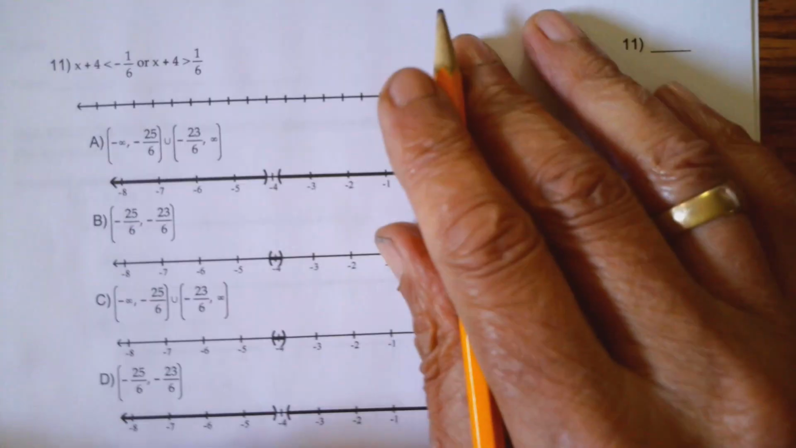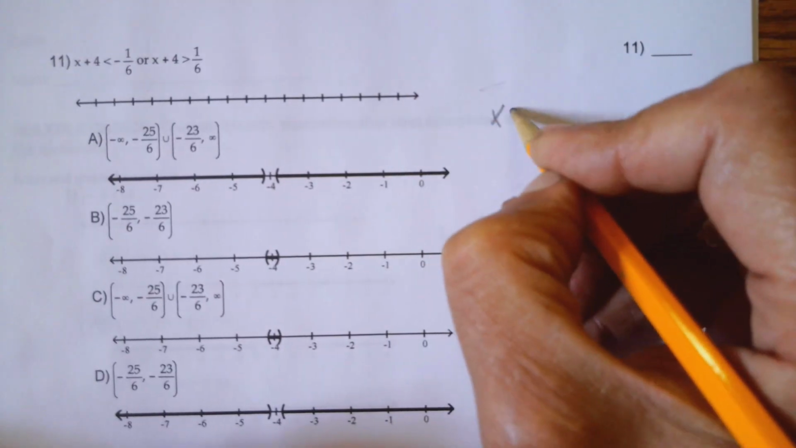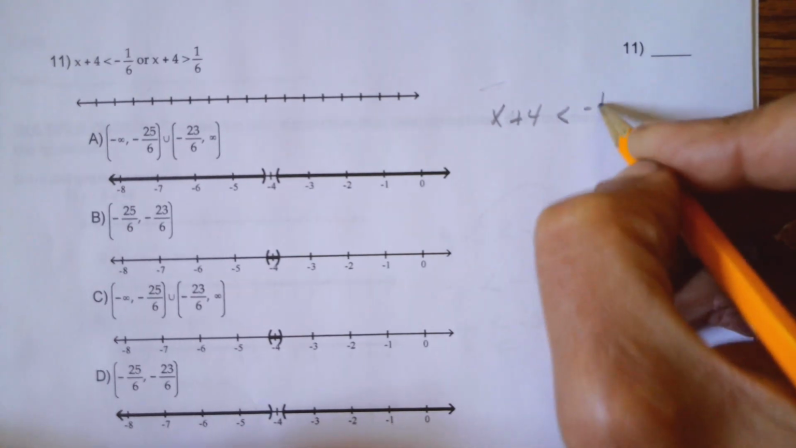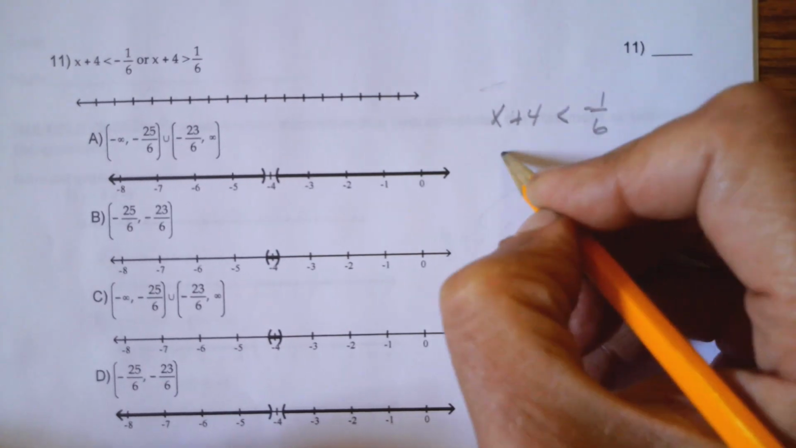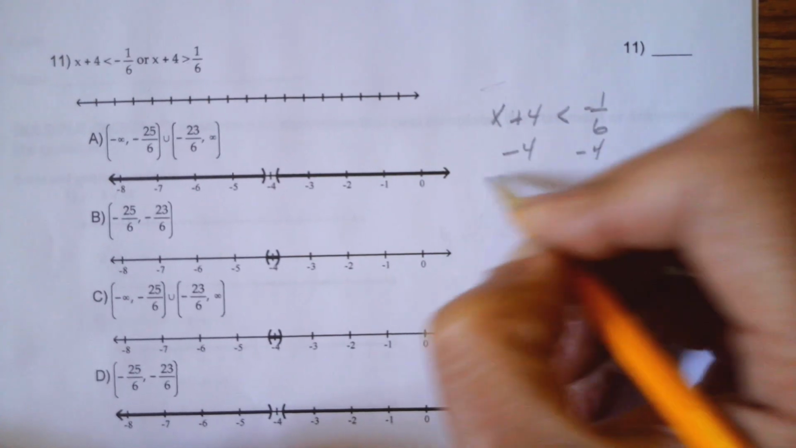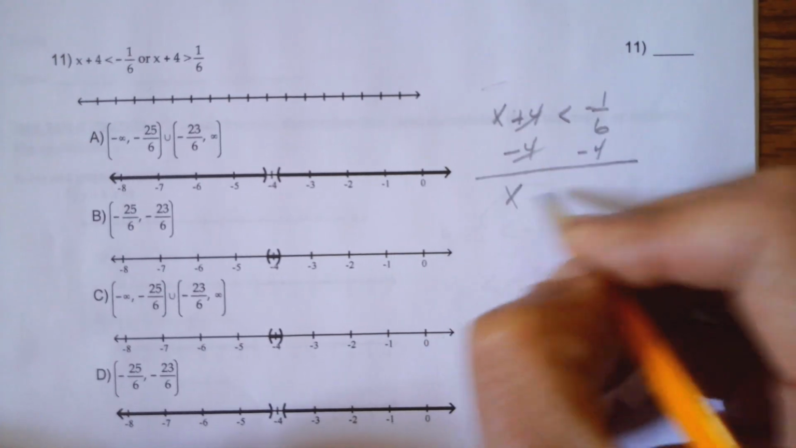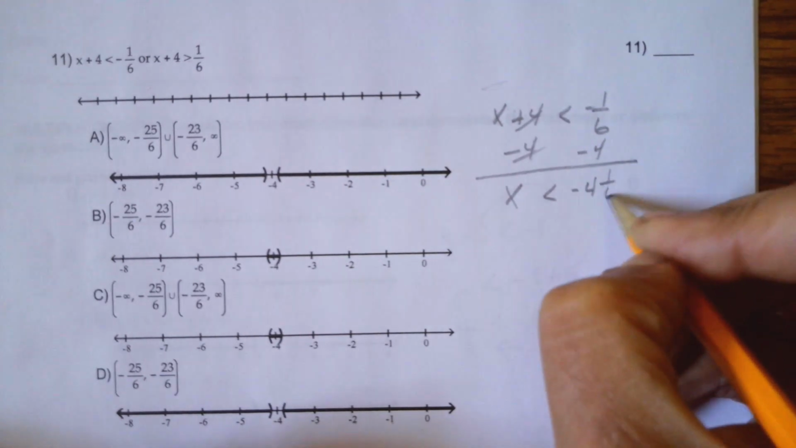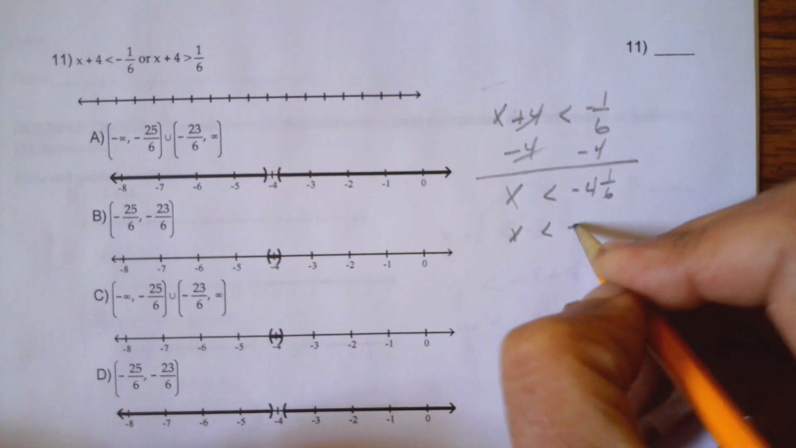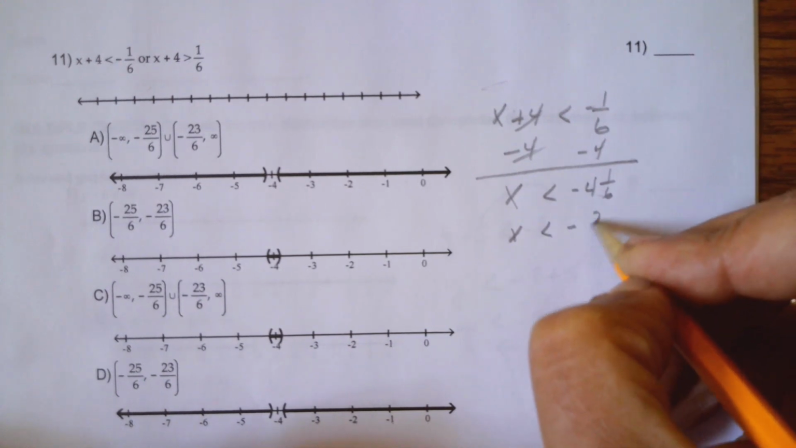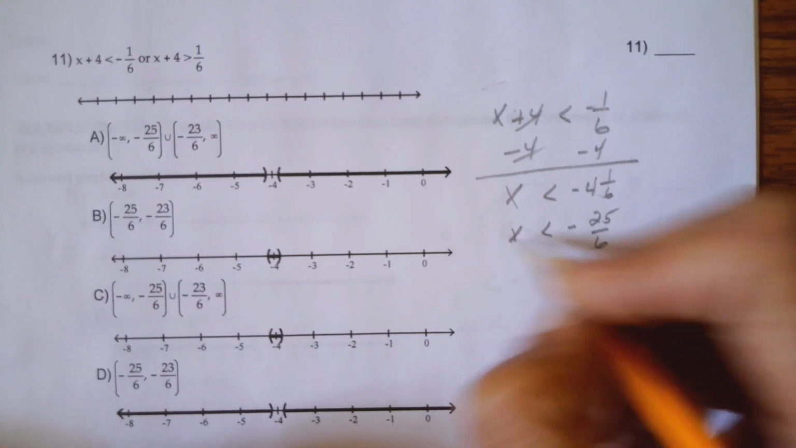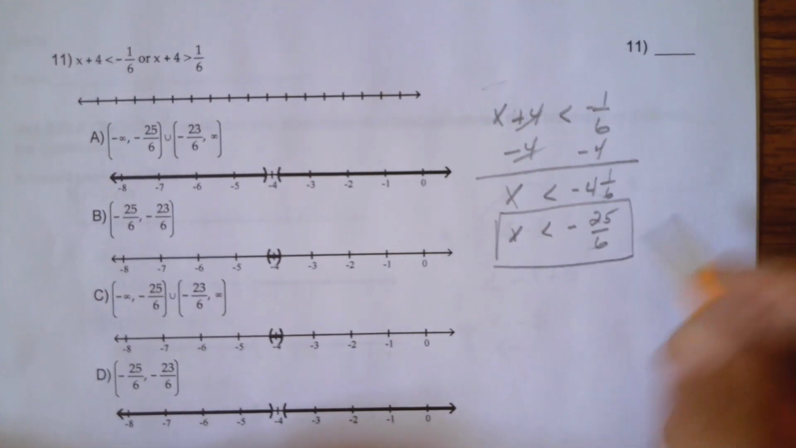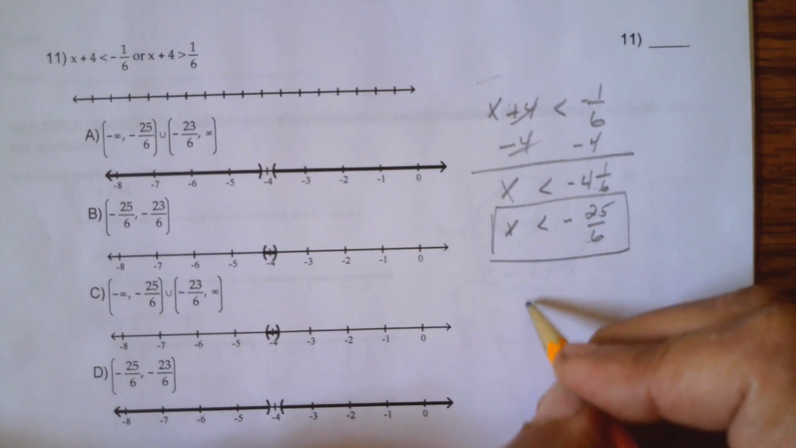The first part of this, x plus 4 less than a negative 1/6. I'm going to subtract 4. A negative 1/6 and a negative 4 is a negative 4 and 1/6. X is less than a negative 25/6. That's the first part of that. Alright, and the second part